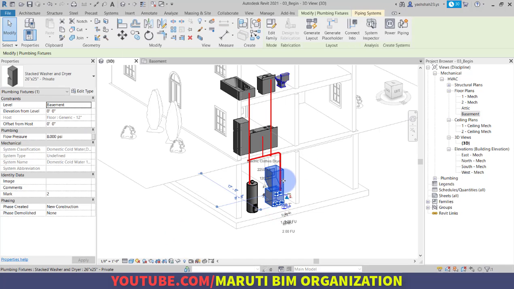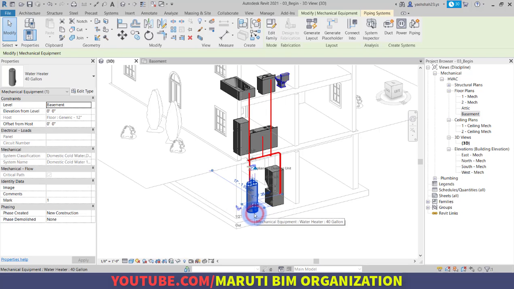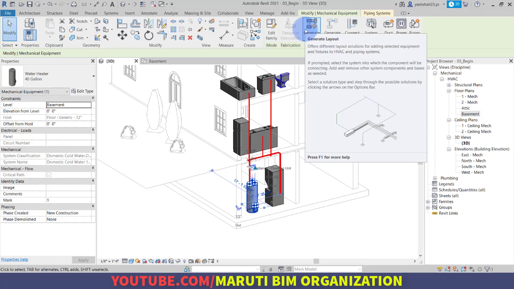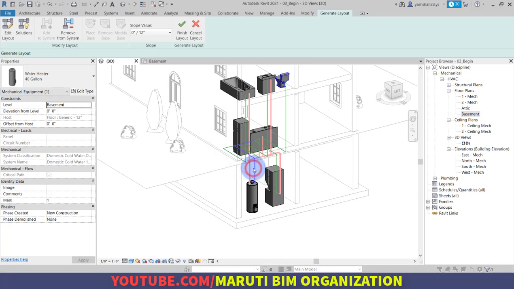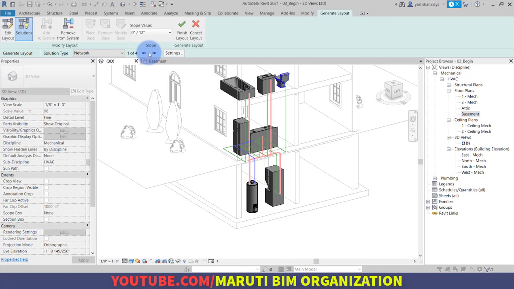Select the washer and dryer, or you can also click on the water heater, and there is the option of generate layout. We click on generate layout for the cold water system, and click OK. This is the layout of the cold water system, and we will use the best layout.